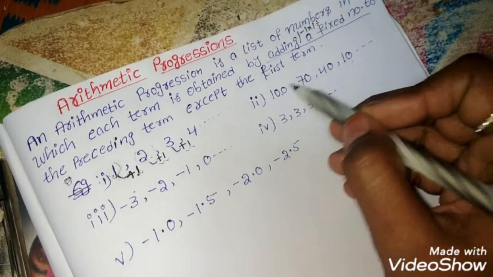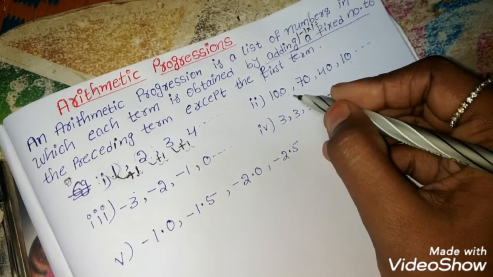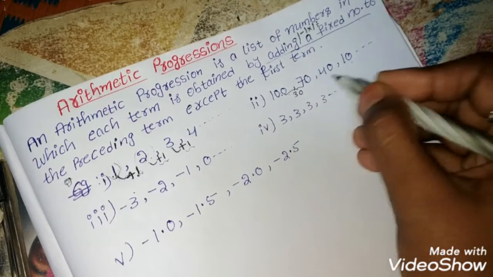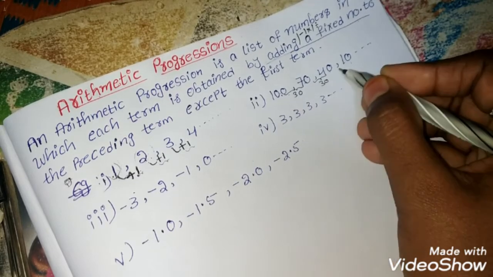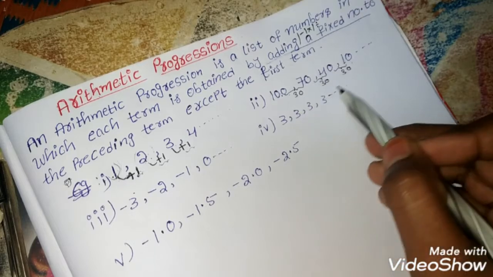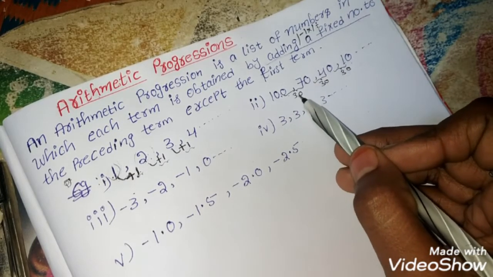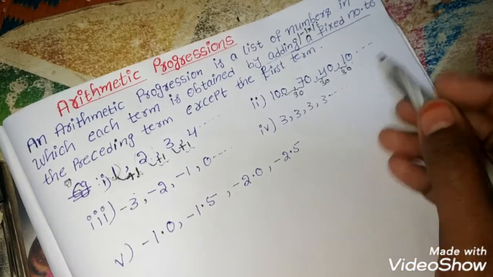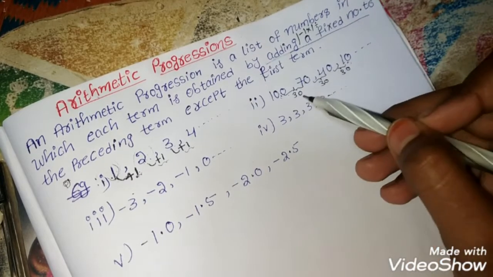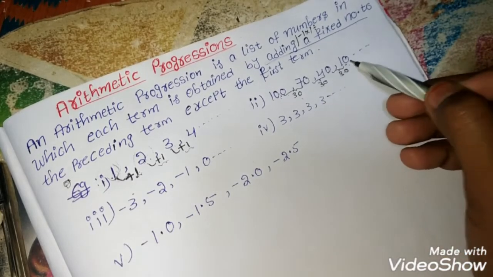What is the difference of those, 100 and 70? 100 minus 70, we get 30, right? The difference is 30. And here the difference is 30. Here also the difference is 30. Now I am subtracting. So what are we subtracting here? 30 we are subtracting, and we get our result. See, going from the back: 100 minus 30 we get 70, 70 minus 30 we get 40, 40 minus 30 we get 10.